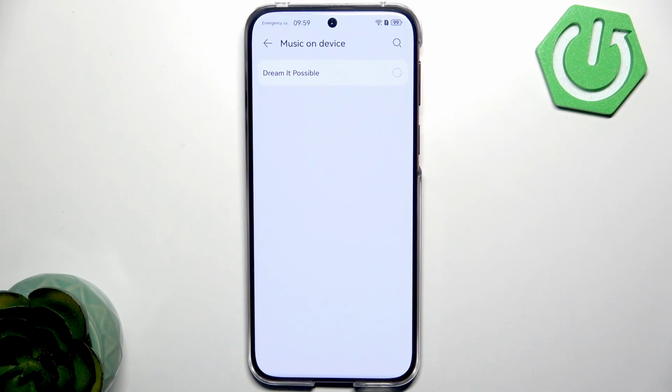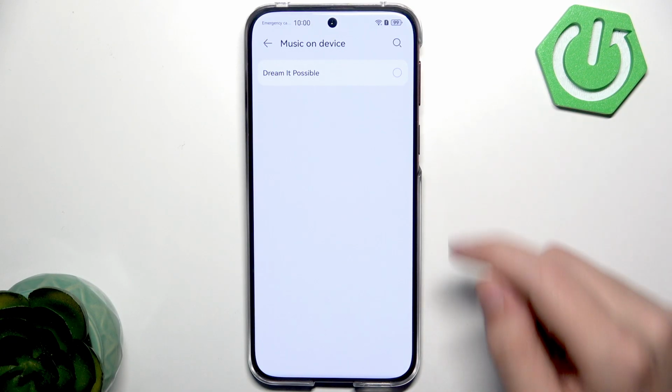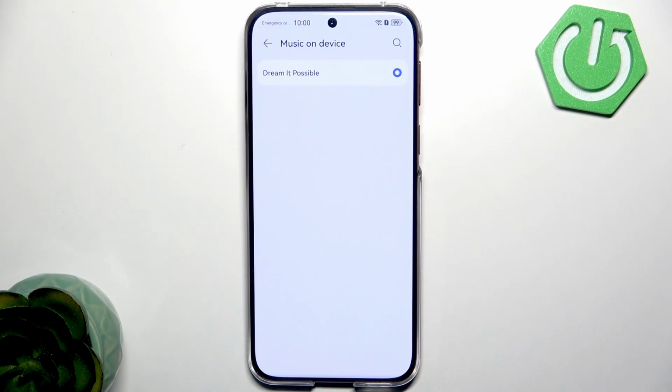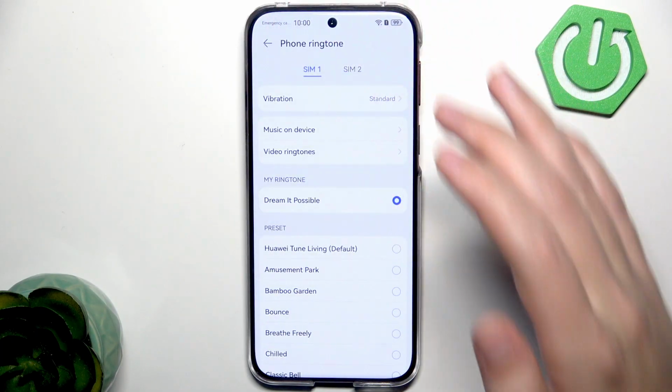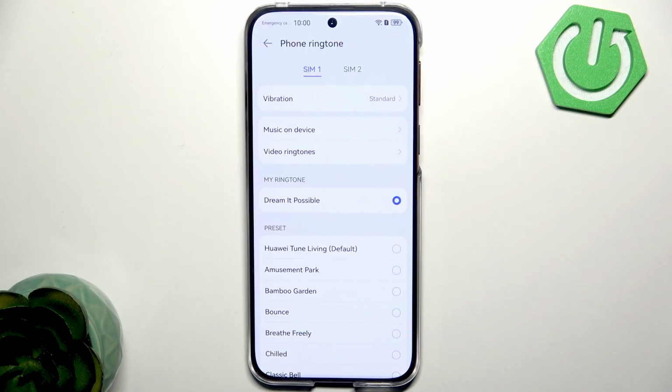custom ringtone from a file you've already downloaded. In here select your audio file. It will play, so you can make sure that you selected the right file. Click on this arrow, and now you've selected a custom